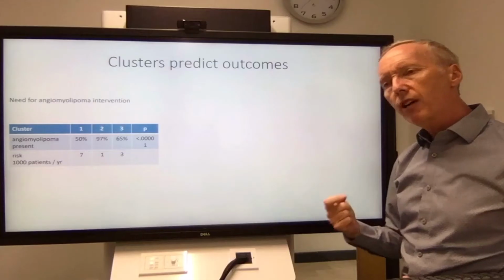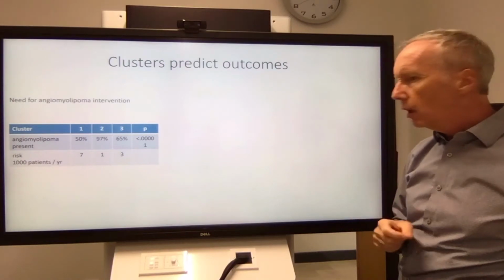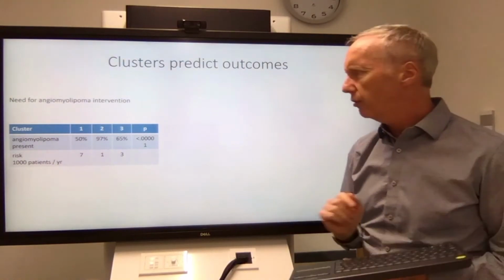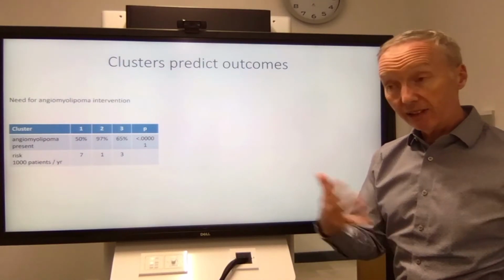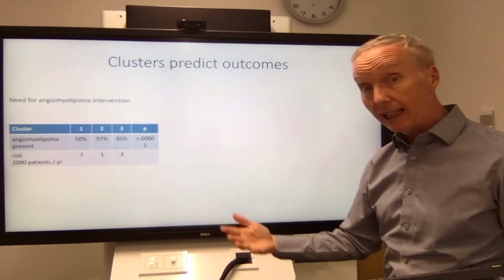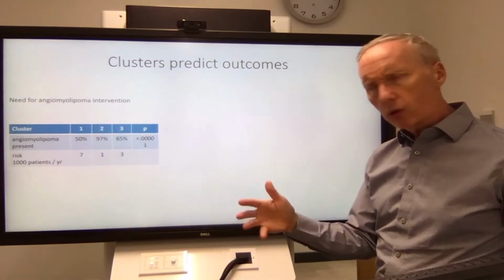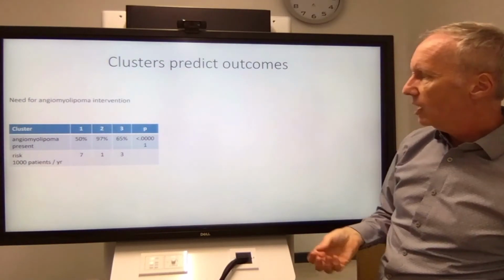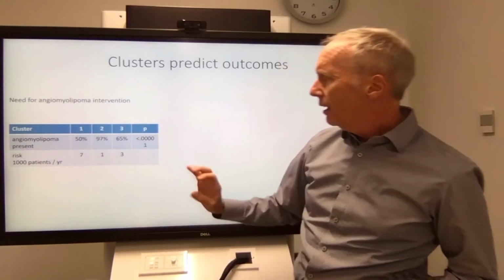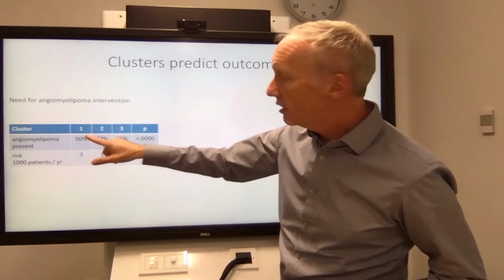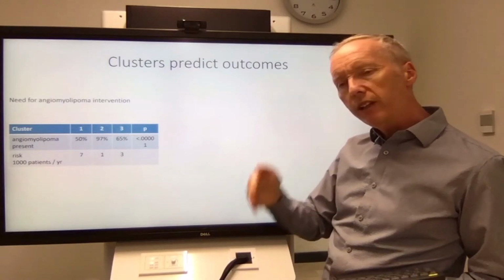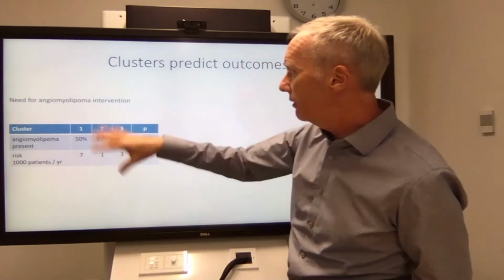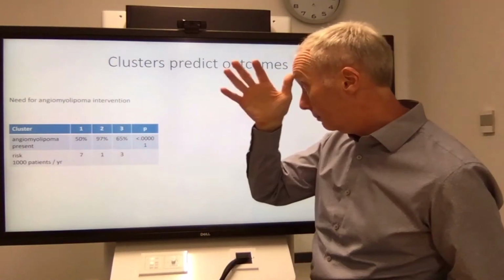When we find someone with an angiomyolipoma, we scan them every year, or sometimes a little less, depending on the features of the tumour, to see if the angiomyolipoma is enlarging or at risk of causing a problem in the future. And if they are, then we refer them for a potential intervention. So what this data says is, if you look in cluster 1, moving forward from the time people were assigned to clusters to what happened after that, with a mean follow-up of about 5 years,